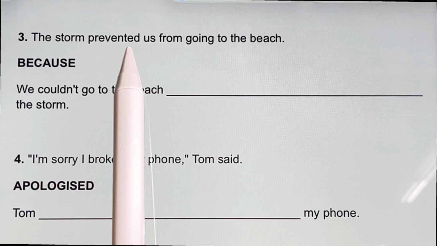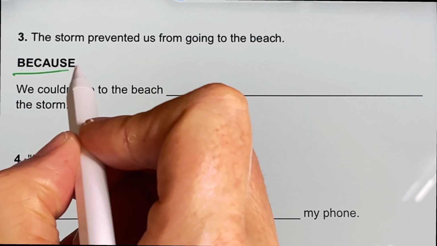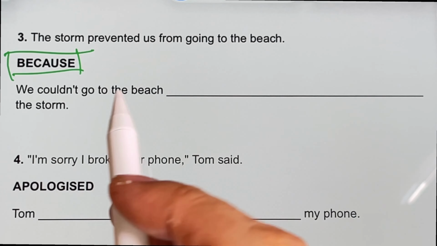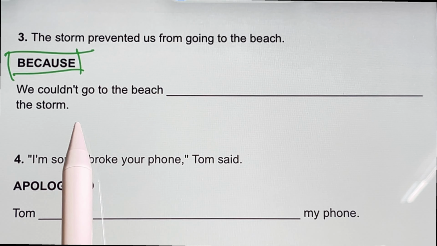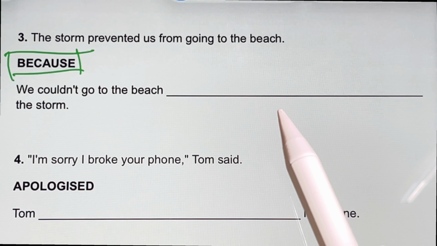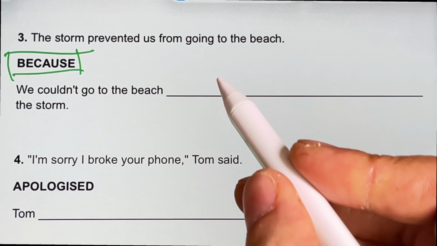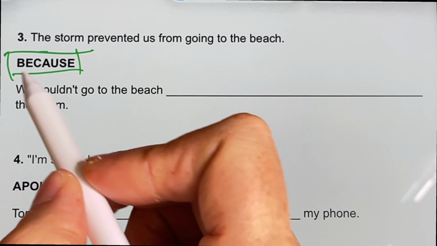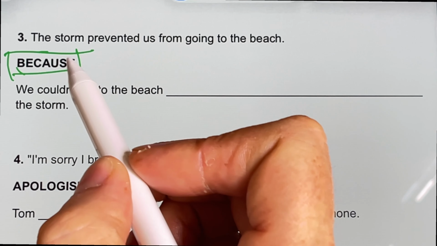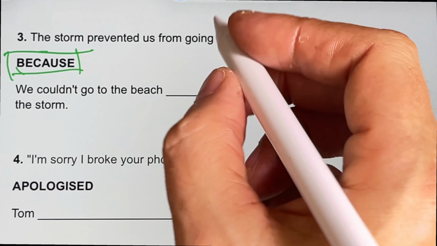The storm prevented us from going to the beach. Because is the word that we need to introduce. And we couldn't go to the beach. The storm. Okay, this is very straightforward. I think it's very, very simple. We need to give a reason why we couldn't go to the beach. And then if we have to introduce because, we know that after a because can go like that. We couldn't go to the beach because